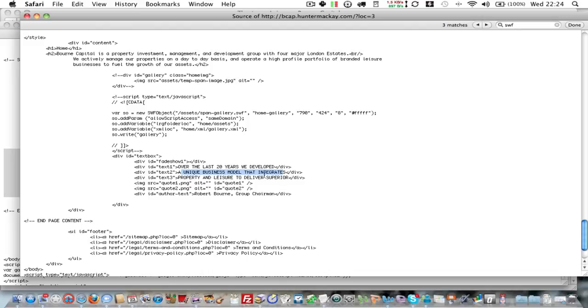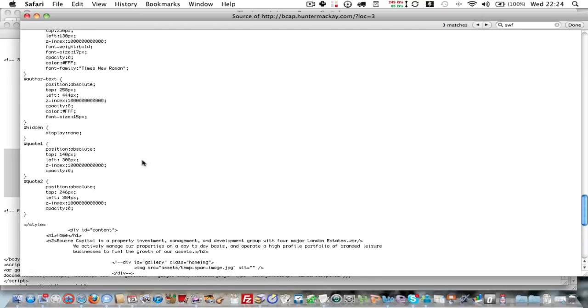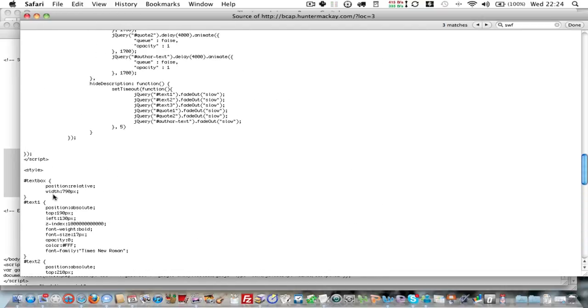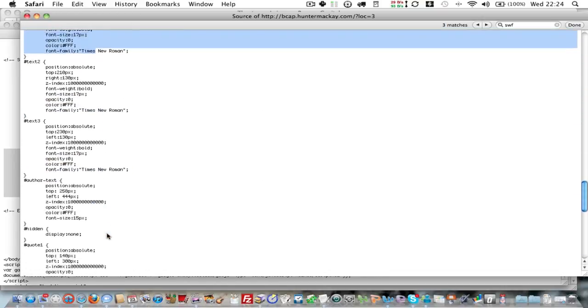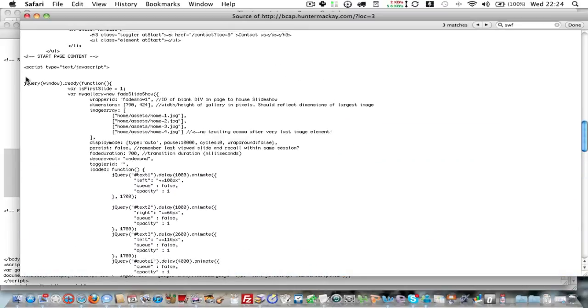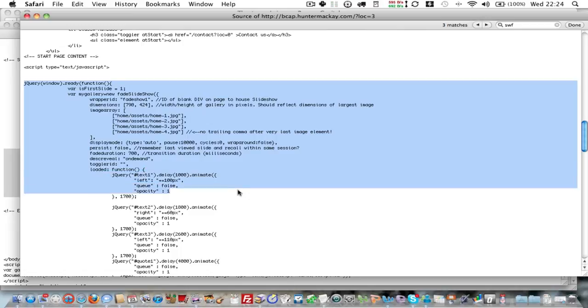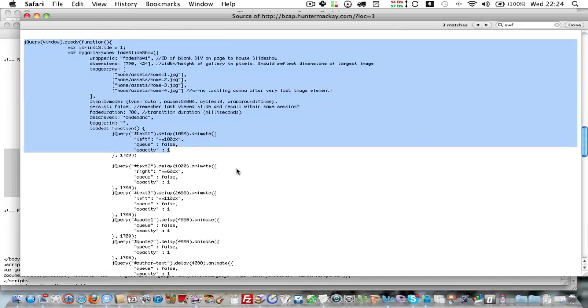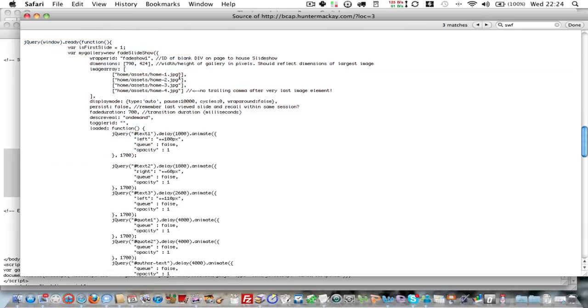So if you compare this to the actual page, you'll see that these are the text elements which match up with what slides in, and so they're controlled by the styling, which is up here for each text element, and the behavior is controlled by the jQuery, the JavaScript, including the slides, which are here,